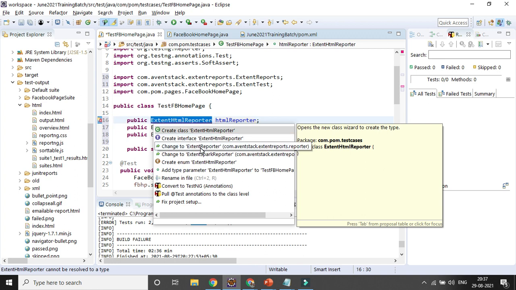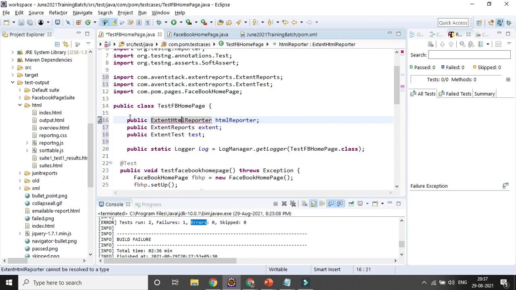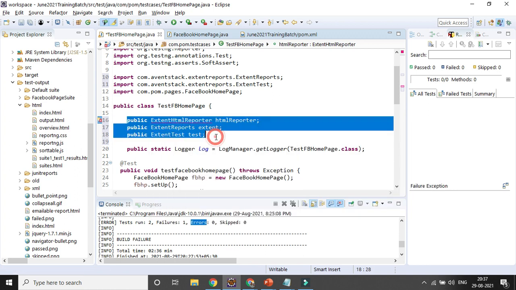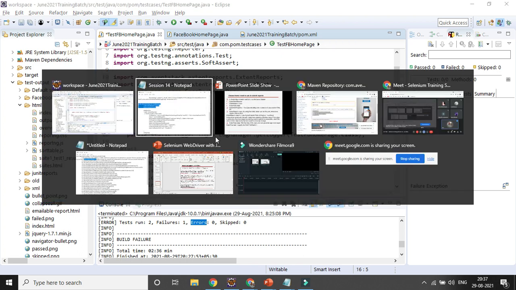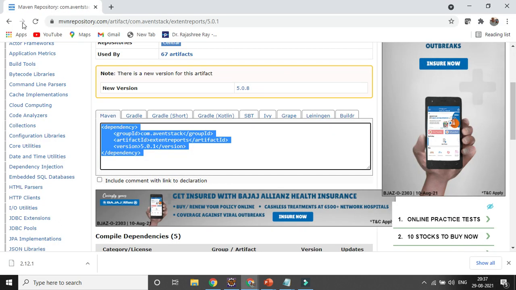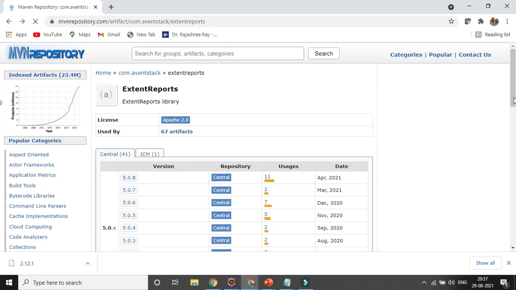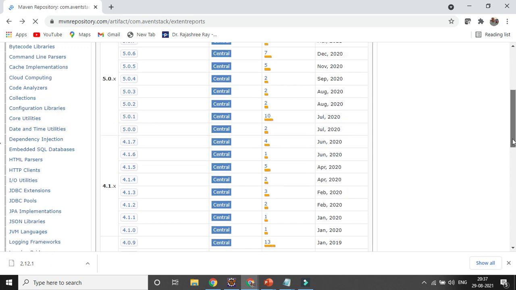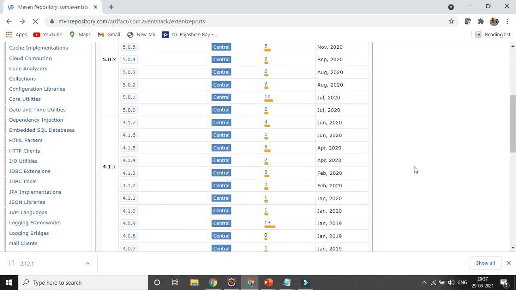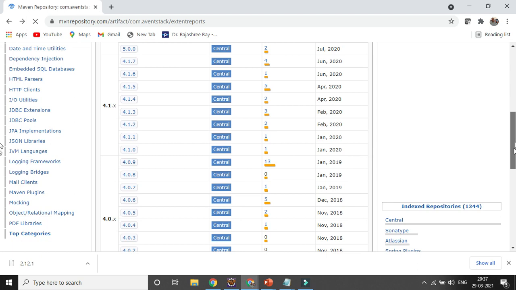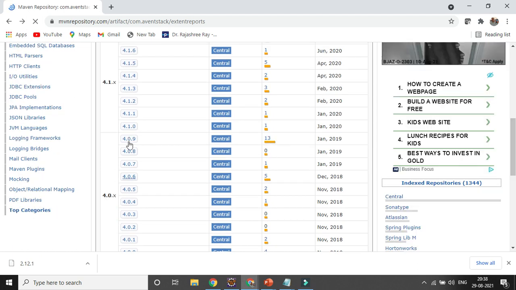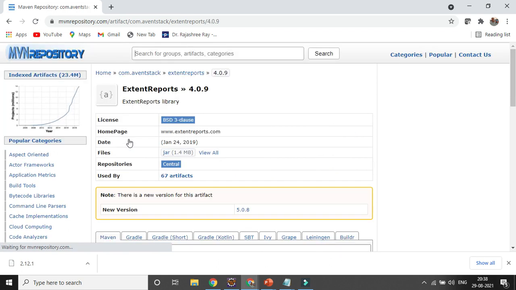No, it should be public only. Let's try to remove these 3 things. Let's try to go for some previous version. Instead of 5 I can go with version 4, because I have tested till version 4. Maybe 5 is not behaving in the same way, so version 4.0.9, yeah, let's try to take it. Let's try to update that one.